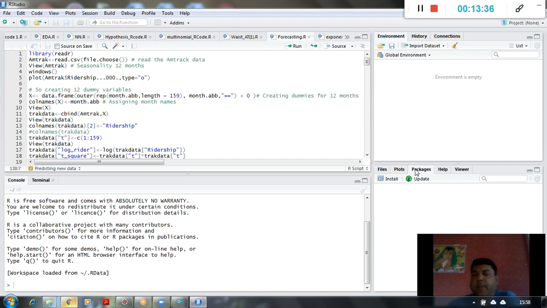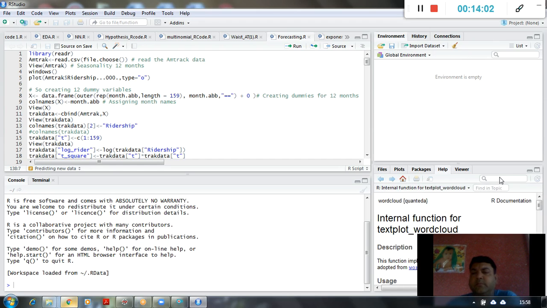Packages is another tab where if I want to install any package, then I can simply follow this particular path or click on this and then install the package. So we will see all that, how to install the package, how to update the package, etc. And there is of course a help tab available, wherein you can put whatever keyword or whatever function related help.